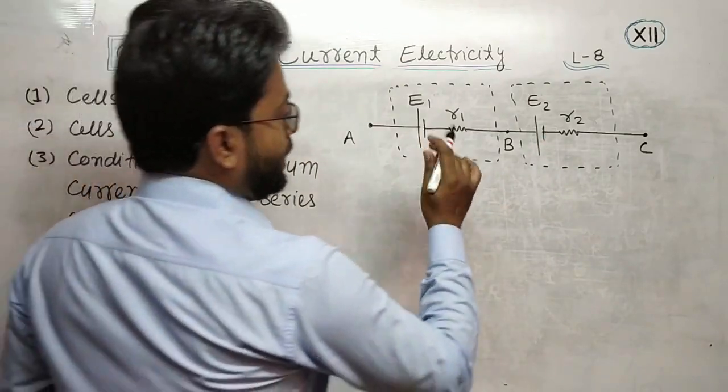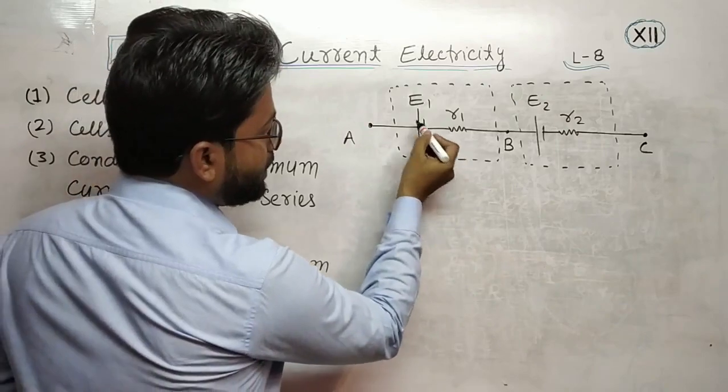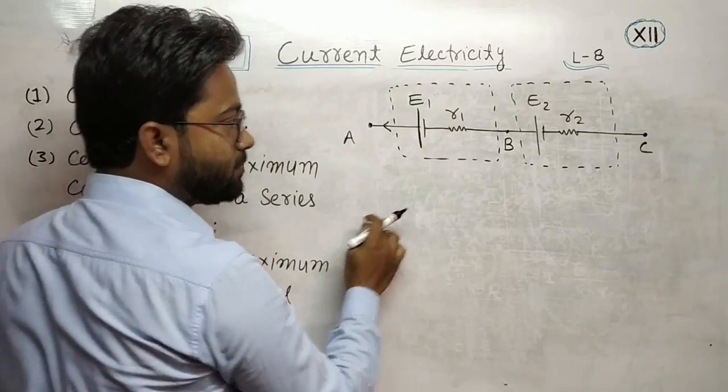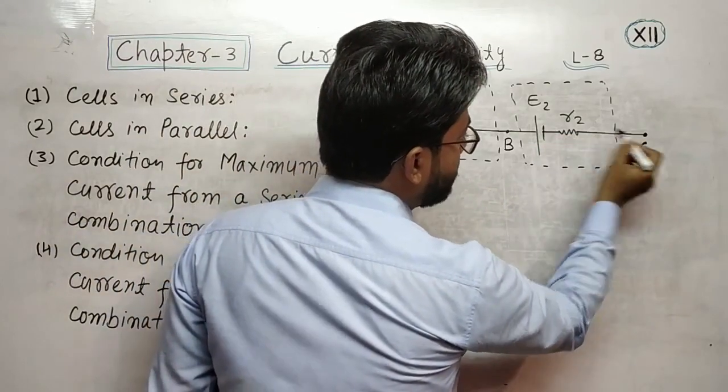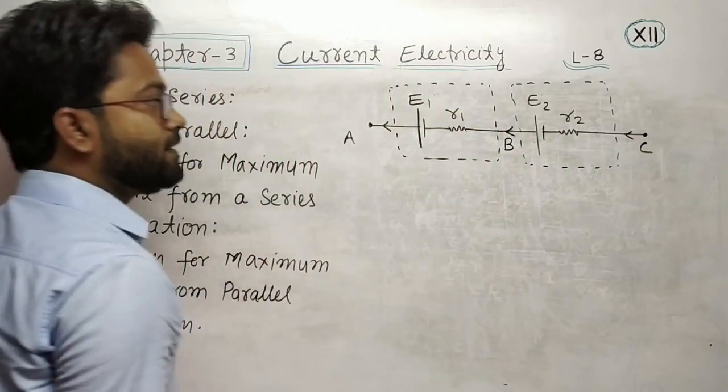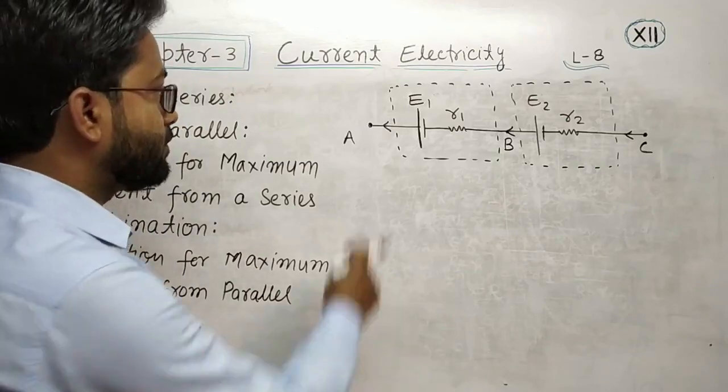Next, this is the positive terminal, meaning current will flow away from the positive terminal, and this is the negative terminal, meaning current will flow in this direction